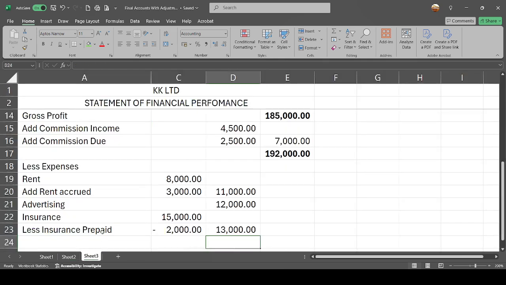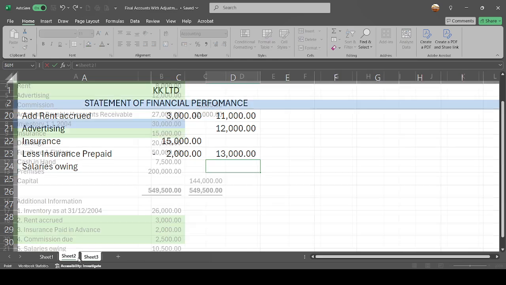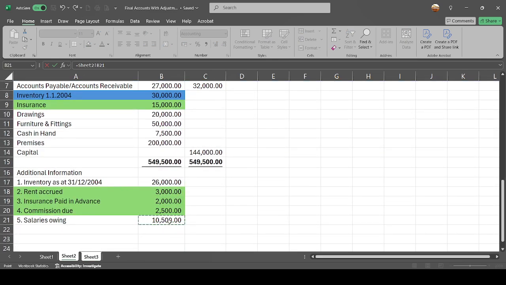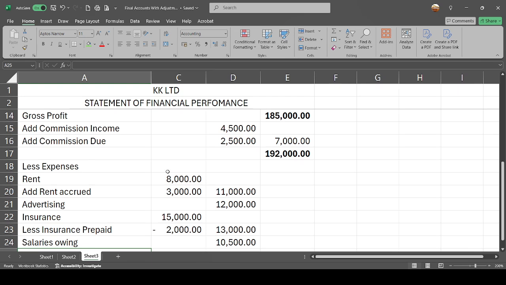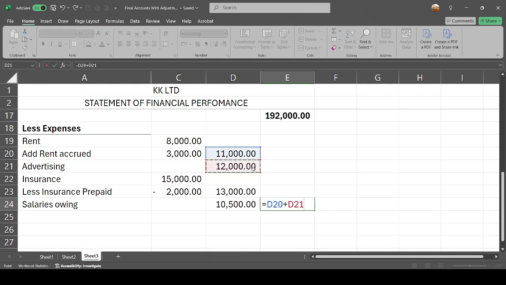So we come to our statement of financial performance, and then we just write there salaries owing, and the figure there that we are having is 10,500. So let's see, we were getting our gross profit, the net gross profit of 192. We were subtracting expenses. So what is our total expense? If I add 11 plus 12 plus 13 and plus 10, that gives me